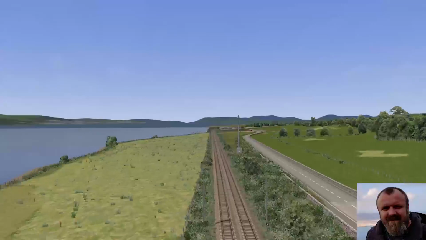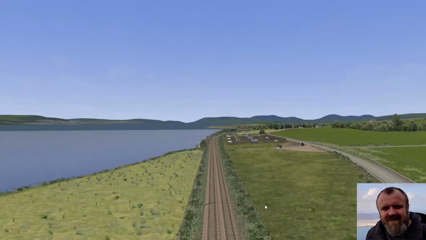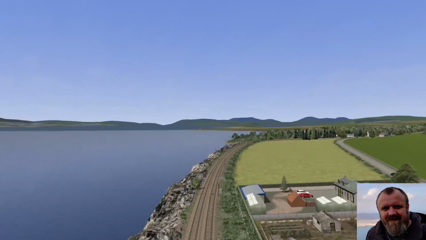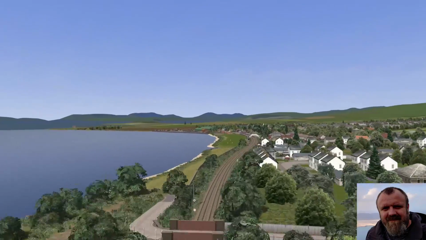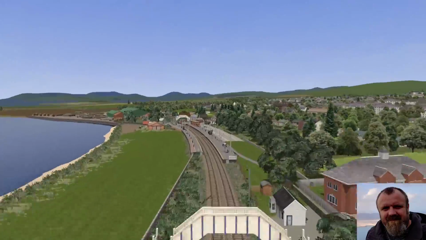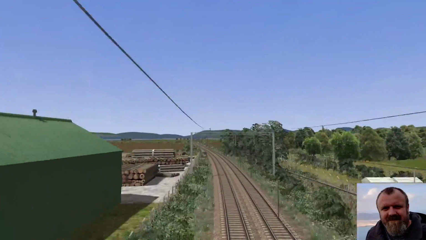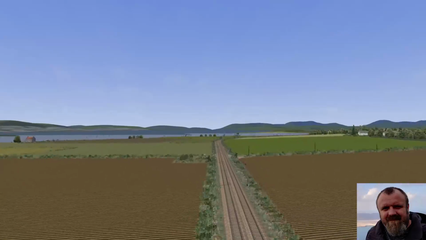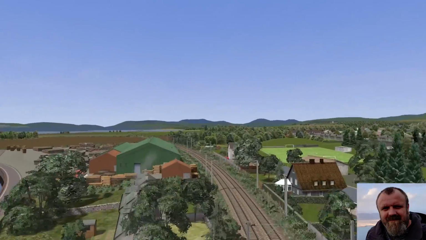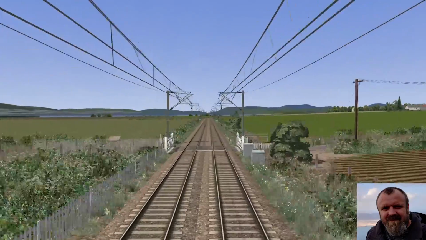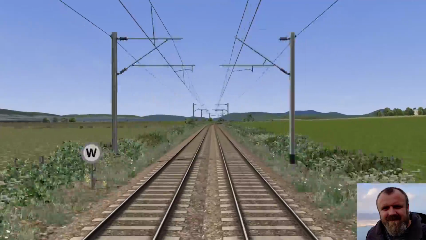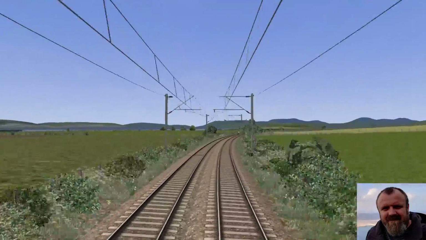And you can see right across the Clyde there to the Inverclyde area, that would be Gourock and Greenock and the likes. Another good thing about this stretch of line is there's a lot of wee farms and stuff like that, wee country roads with level crossings, that kind of thing. This is Cardross, or Cardross, I'm not quite sure how you pronounce it. And heading out, there's a long stretch now between Cardross and Craigendoran. So Cardross towards Craigendoran.